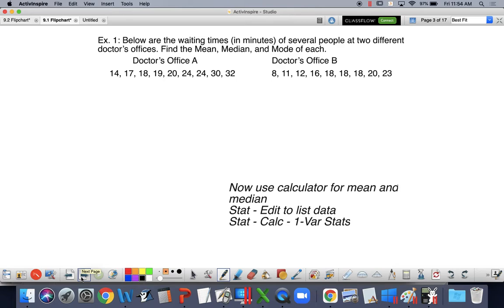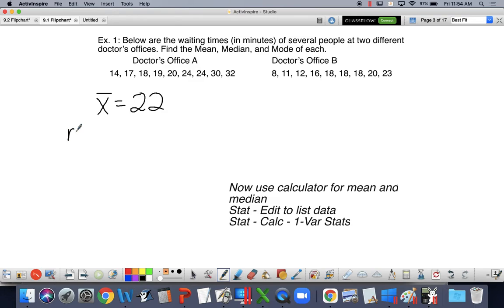How many numbers do we have in our data set? Nine. So we're going to add all those up and divide by 9. What do we get? 22. Perfect. So you notice I used that new symbology that we just discovered, x with the bar over it. So that's our mean value.